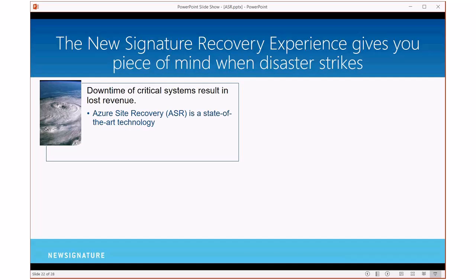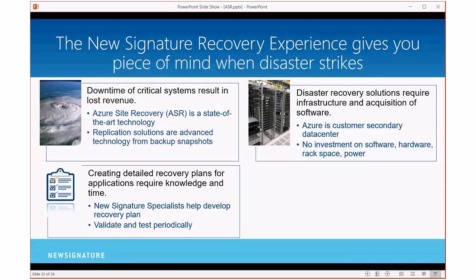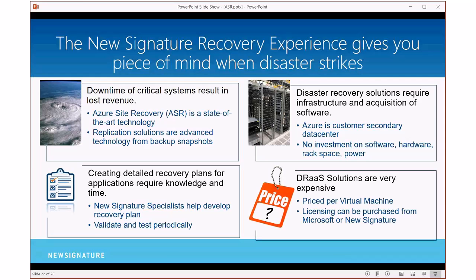So what we want to do also is take this a little bit further, with what we call our recovery experience, where we help organizations such as yourselves set up things like ASR with good backup strategies, and then we can maintain and manage that for you. We monitor that replication, we provide you sandbox test environments for those failovers twice a year, we get all of those things running and monitor them for you, and can execute the failover testing for you, and then give you a report on all that, so you have that information in your back pocket to know that you are always ready in the case of some type of catastrophic incident.